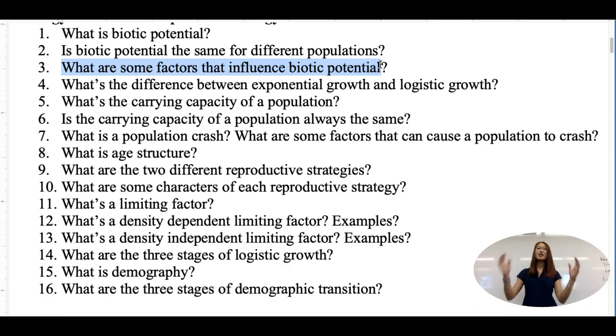So this leads on to the next question, what are some factors that influence biotic potential? You have to think about under ideal condition, what still makes different populations different in terms of how fast the population can grow. So one of them is the age of reproduction. If you have an animal that doesn't mature for 10 years, that population is not going to grow as fast compared to a population that has animals that can survive for 2 or 3 months before they can reproduce. So that's one factor. A second factor could be how many offspring the organism can have at a time, right? How many babies can you have at a time? That's going to influence how fast the population grows.